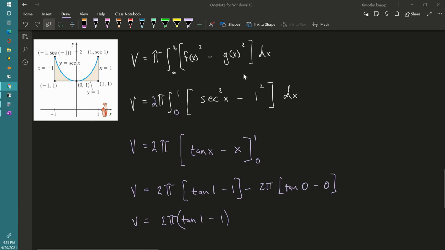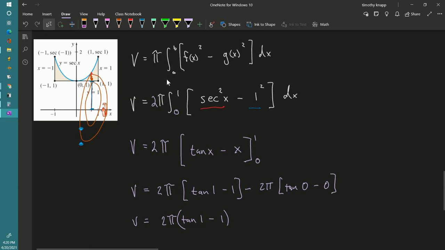So basically if I use my secant function as my upper function, from here to here, and then I take away this function, that was this line right there, and I take away, I guess I'll use a blue, this line right here, then it's going to leave me this section right there, which will then be rotated around in a donut or washer type situation, and thus give me the